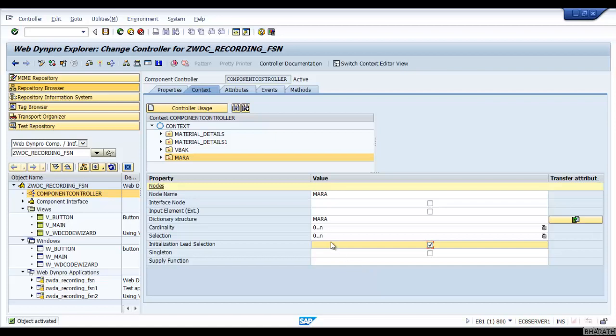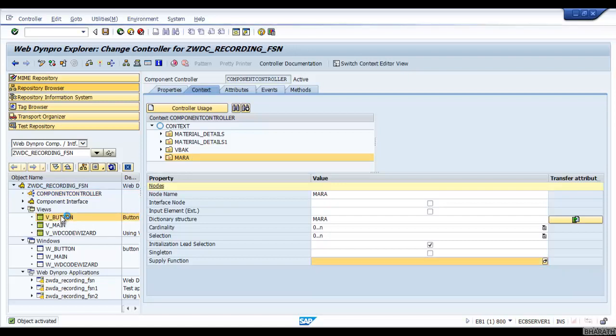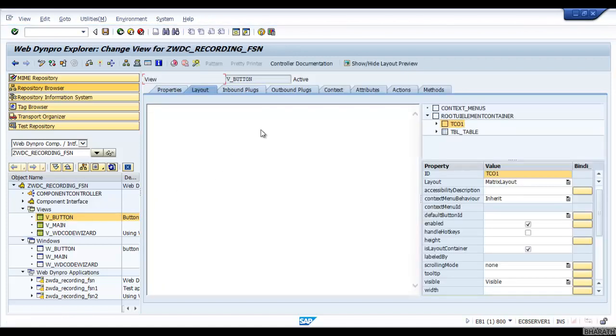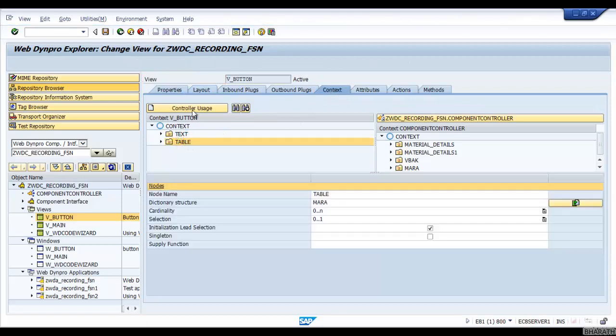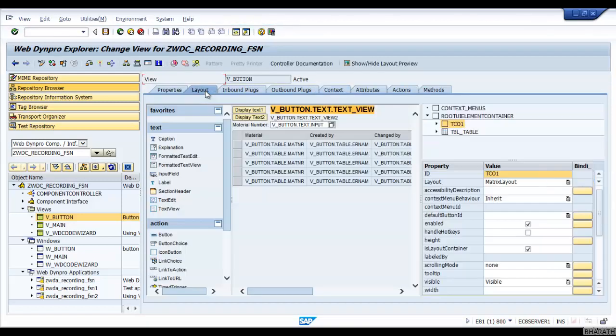Okay, so now we have seen almost all the properties except supply function. Now I will also show you supply function. Let's go to v_button, go to context. Let's go to layout.